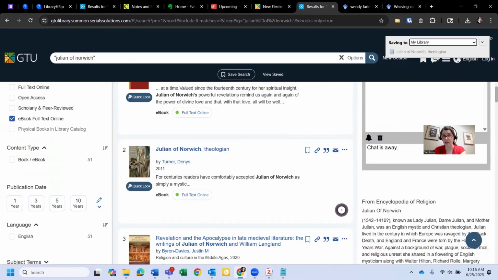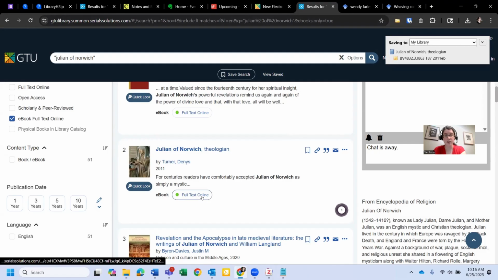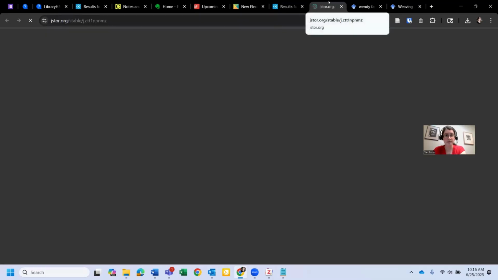So then I watch it. Good. It's coming over as a book. It even comes over with some additional metadata and information. Notice that there's no PDF coming over. If I click full text online,